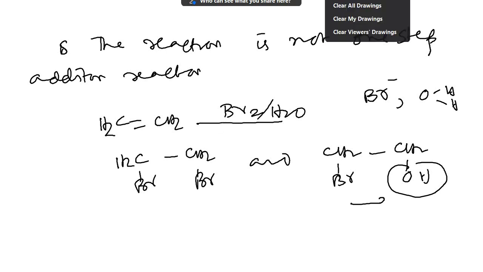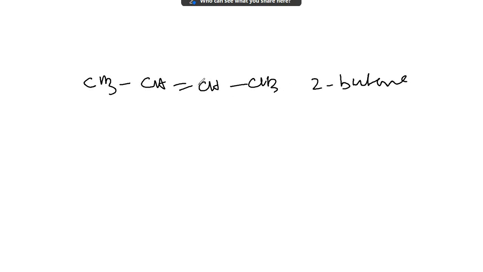Now suppose I have taken this compound, it is called 2-butene. Because of the double bonded carbon atoms, when the two CH3 groups are on the same side, it is called cis. When the two CH3 groups are on opposite sides, it is called trans. When cis-2-butene